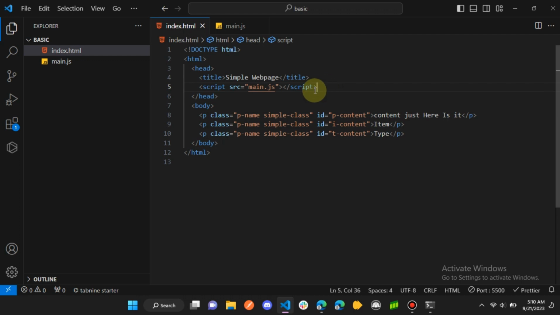Some people like to put their script files at the bottom of their body tag, as the last element in the body tag, basically because they feel the file is a bit heavy and they want it to load faster. But there is really no need for that right now, because we're just dealing with the basics. Now we could put in some other